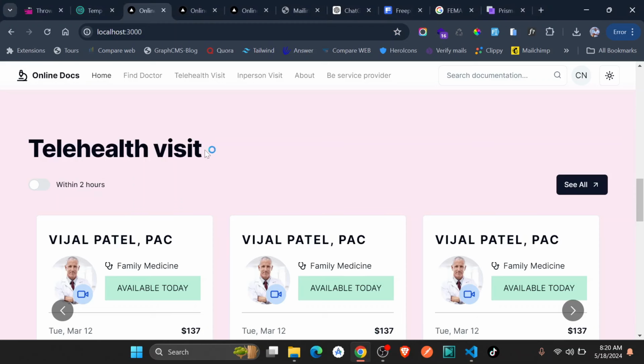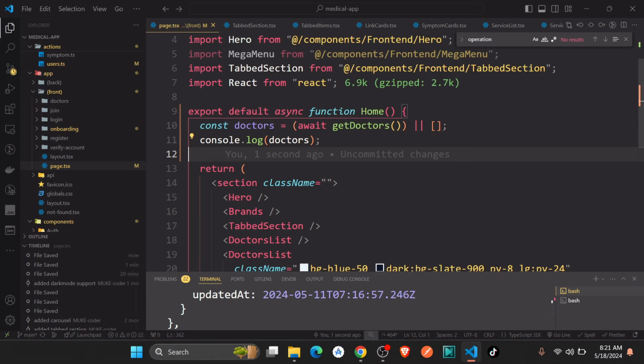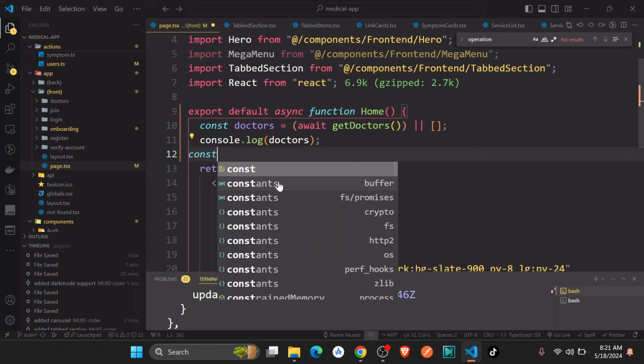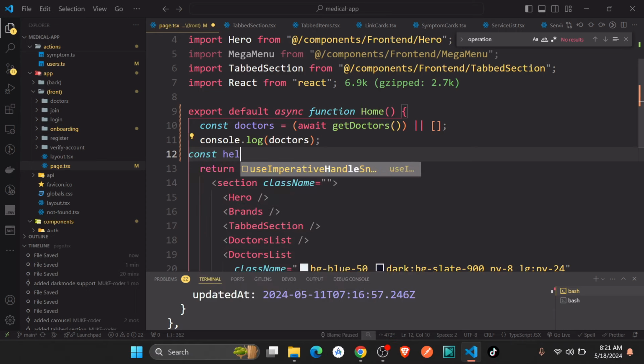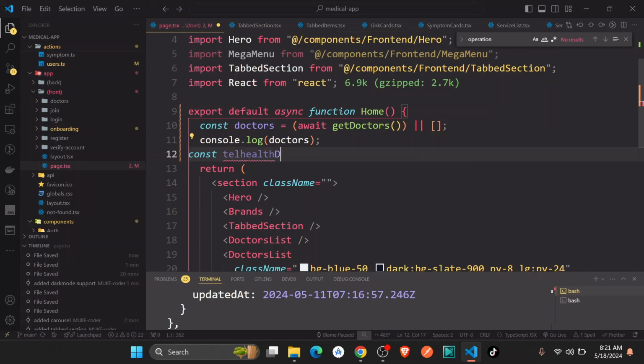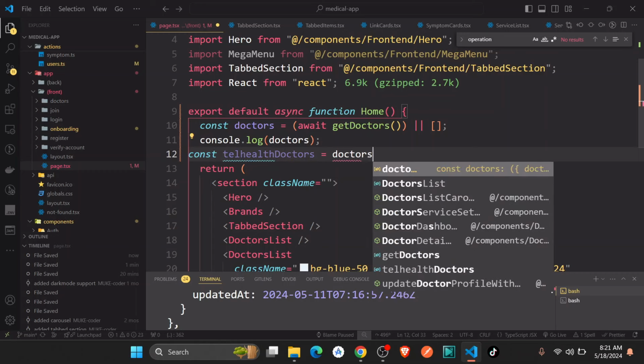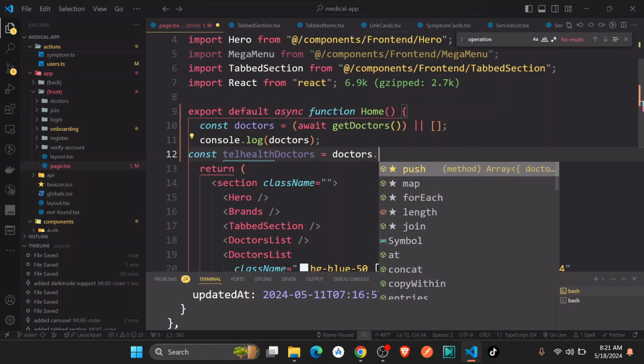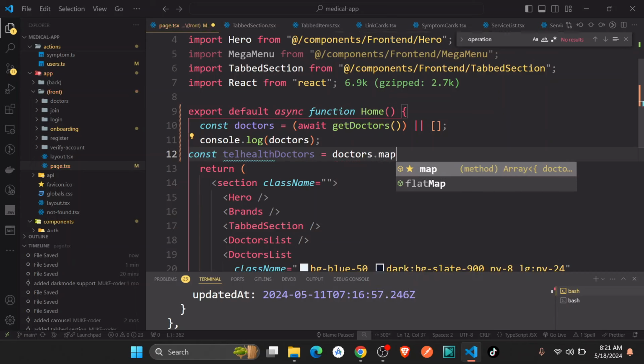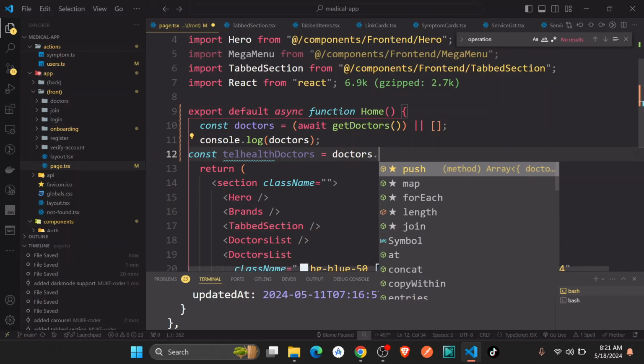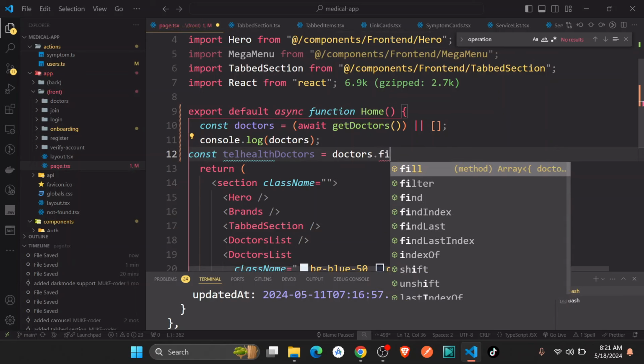So I just go ahead, get, for instance, the terahertz visit doctors, const terahertz doctors would be equal to doctors dot map. So are we mapping or we are filtering? Okay, let me just say dot filter,